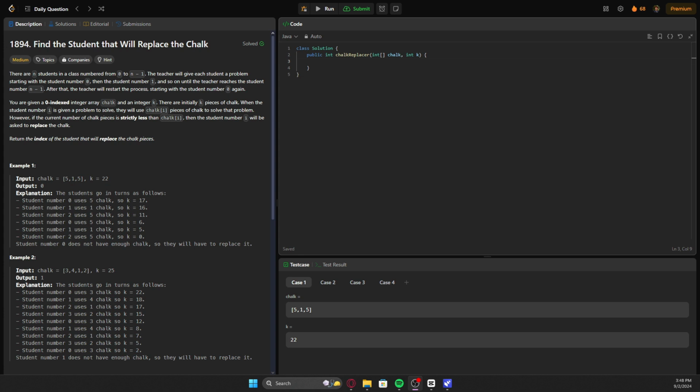We are given a 0-indexed array chalk and an integer k. There are initially k pieces of chalk that we are given. When student number i is given a problem to solve, they will use chalk[i] pieces to solve that problem. However, if our current number of chalk pieces is less than what is required by chalk[i], then that student will have to replace the chalk. So we want to return the index of the student that will replace the